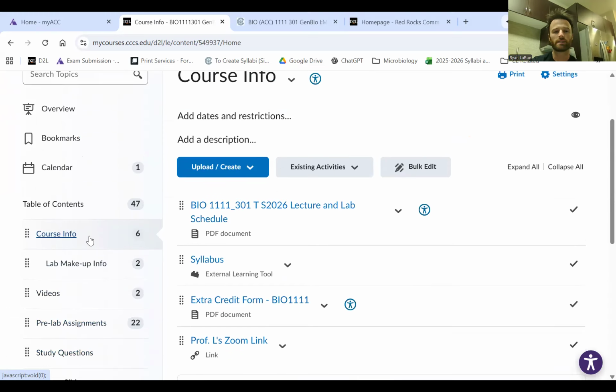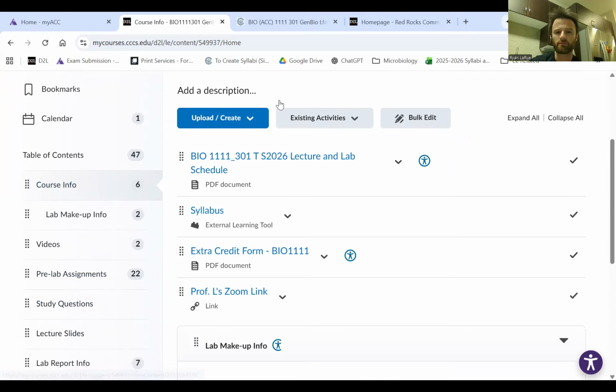We'll start with course info at the top here. Under course info, we have the lecture and lab schedule, syllabus, extra credit form, Zoom link.